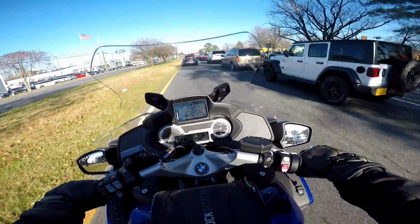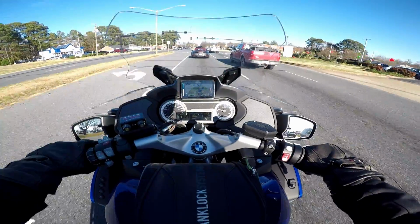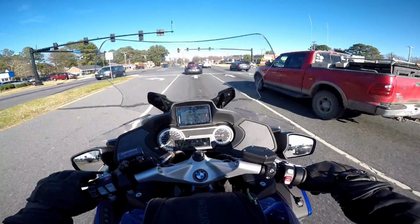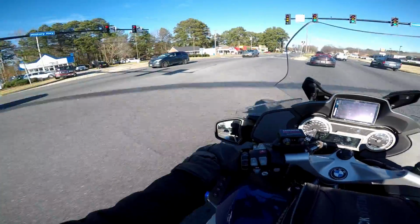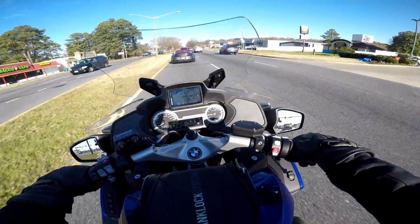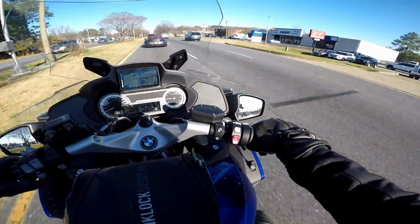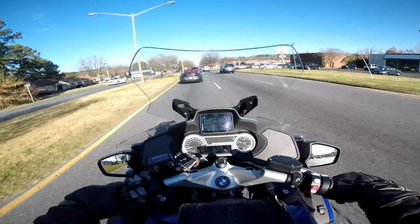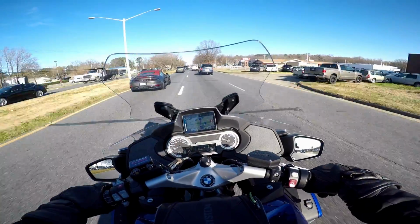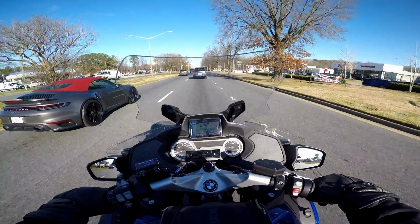It sounds really good. The right side, you have a modes button. And this is not going to be an in-depth review of this bike because I don't have it for a very long time. But man, it's really comfortable to ride. You feel every single bump though. On the ST1300,